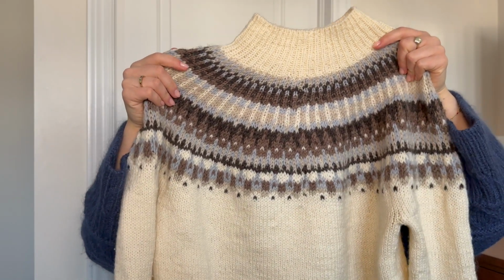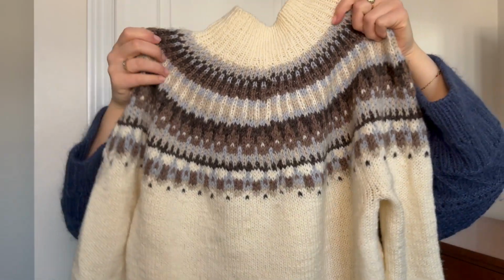So the first thing that I made in 2024 was the Celeste Sweater by Petiteknit. This is a Colourwork yoke sweater with a high neck. It's knit top down in the round, and it just has a regular 1x1 rib on the body and on the sleeves. This was my very first Colourwork sweater that I ever made,